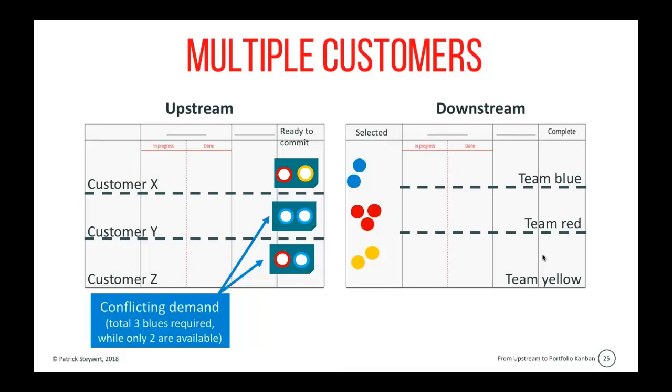Now, what we start seeing here is the emergence of a marketplace, where we can match supply and demand. We're making the capacity from the downstream side available, explicit, and transparent through the cap tokens, and we're making the demand, the needs, explicit through the requests. We start seeing the emergence of a marketplace where we continuously match demand and supply.